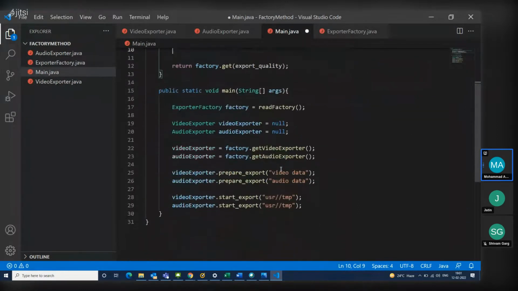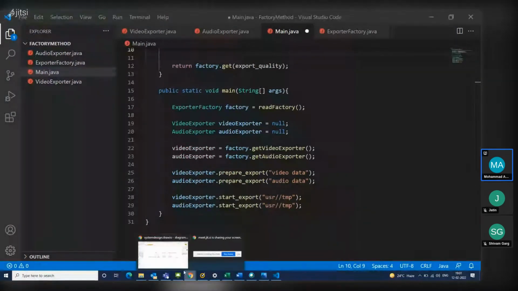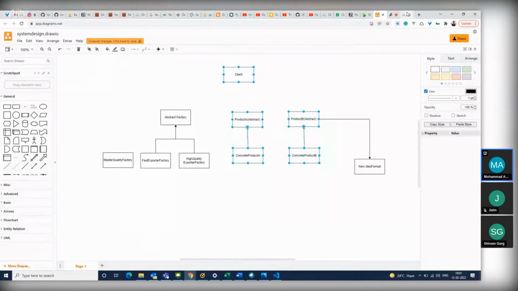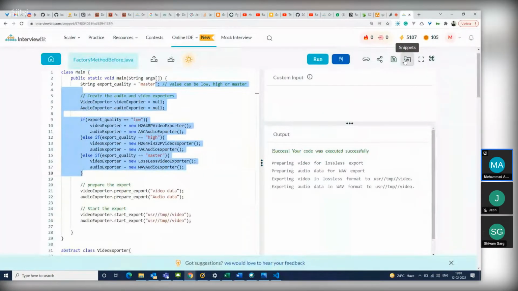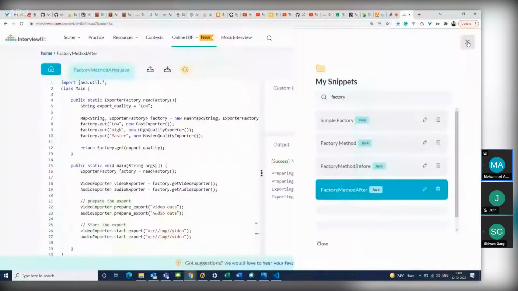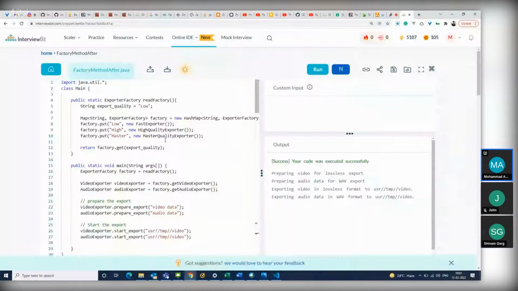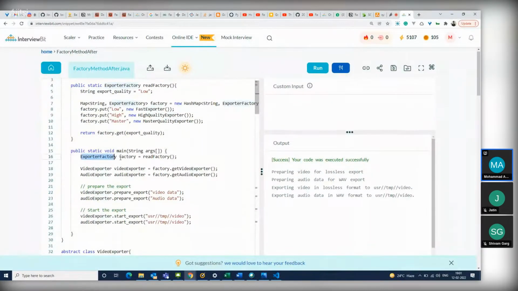So if I now run it, this main function, this factory reference will basically get a kind of factory from the factory. It will get a video exporter, it will fetch an audio exporter, and then it will just prepare and start export. If I run it,